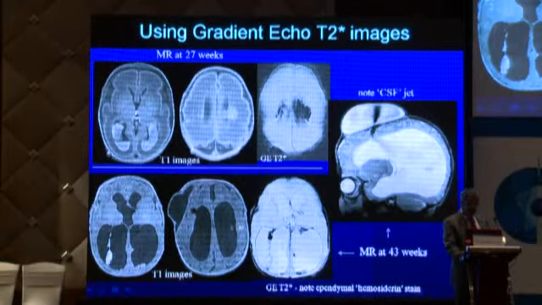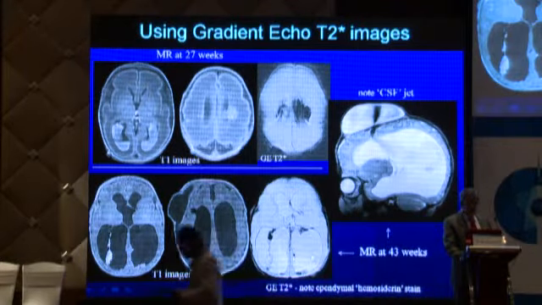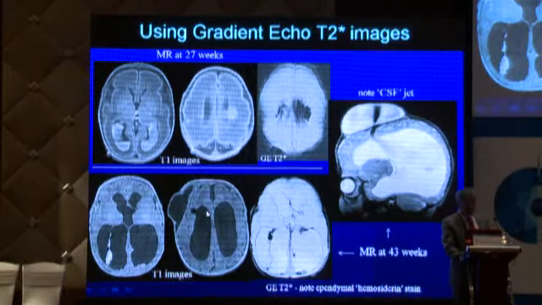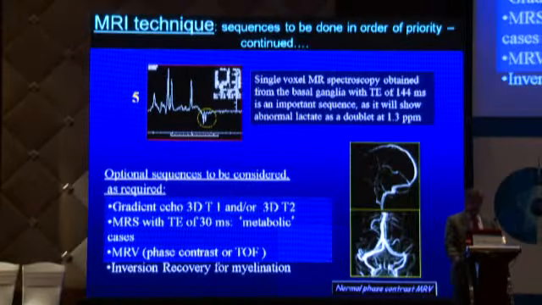This is a follow-up of the same child a few weeks later where the hemorrhage caused hydrocephalus. On the gradient echo T2 images, you can see the hemosiderin lining of the ventricular system. So this child had a drain put in, and because of the high pressures within the ventricular system, you can see the jet of CSF flow causing a pseudo-meningocele in the scalp region of this particular child. Just an interesting finding.